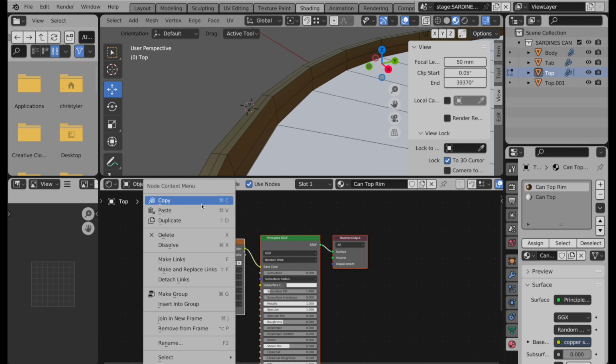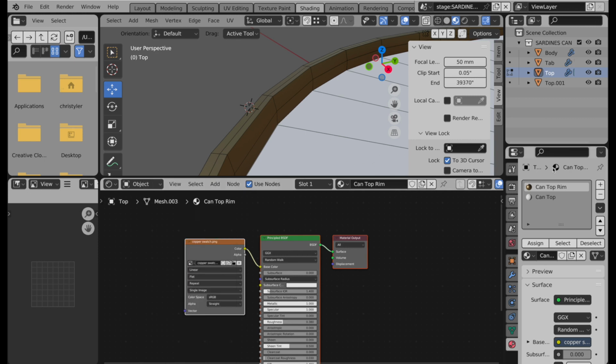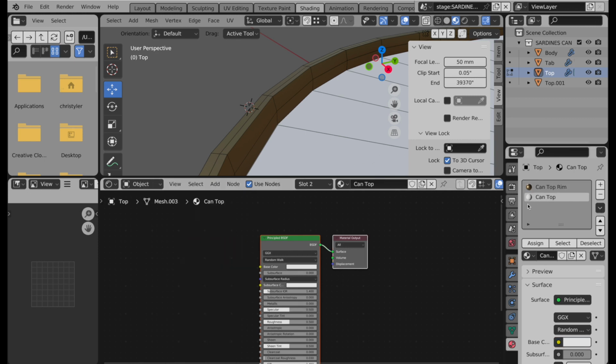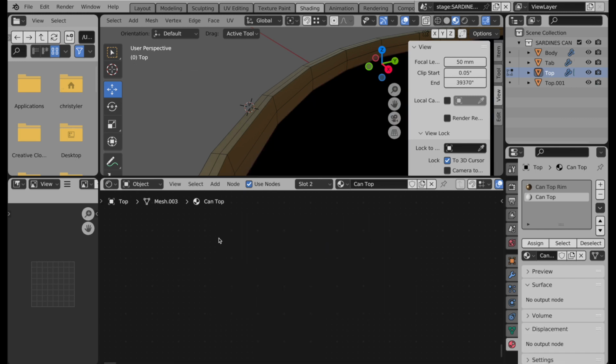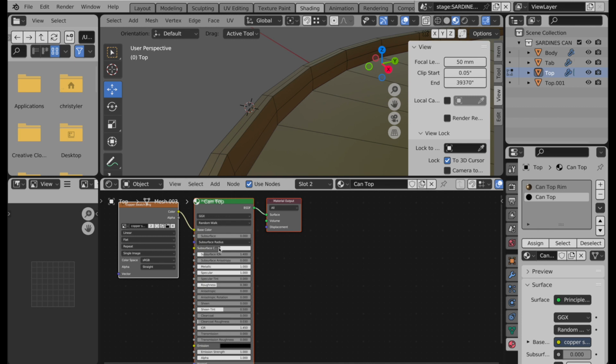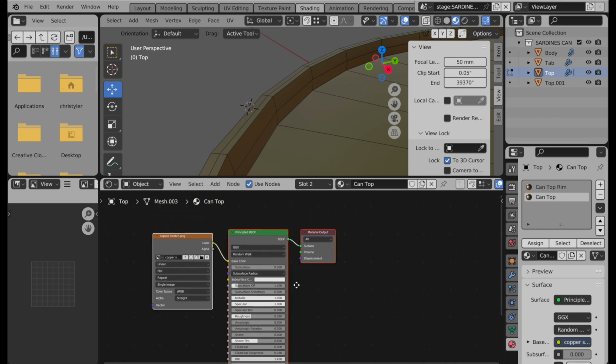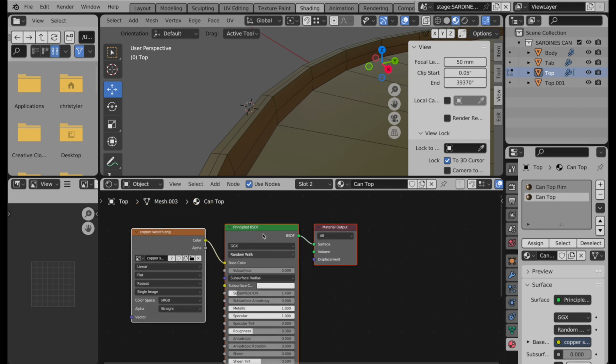bring up the context menu, and we'll copy those. Come back to can top, delete these 2 default nodes, which is the X key, and then paste those nodes. So they're going to look initially alike until we do some customization. In fact, let's go ahead now